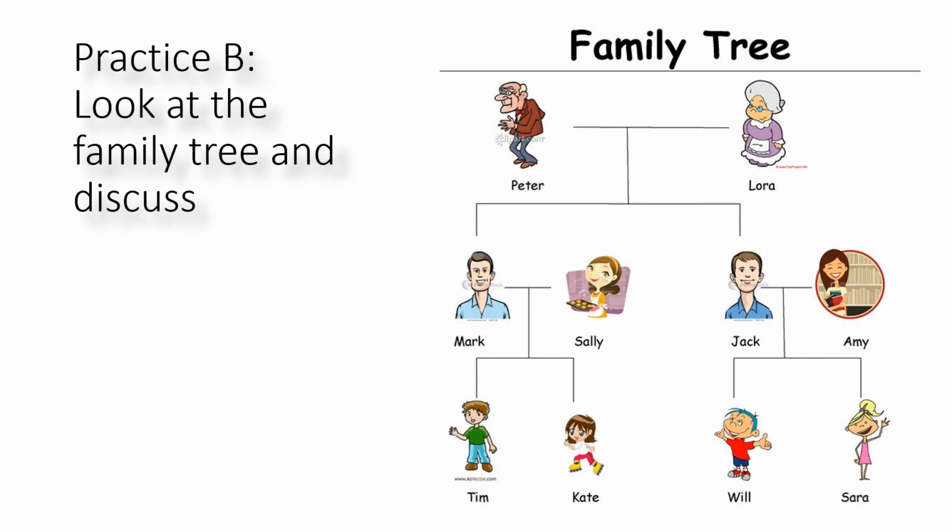Okay, so they have 2 sons, Mark and Jack, and they have wives. Mark has Sally as his wife, and Jake has Amy as his wife. Mark and Sally also have 2 kids, Tim and Cat. And Jake and Amy also have 2 kids, Will and Sarah, okay? Move to